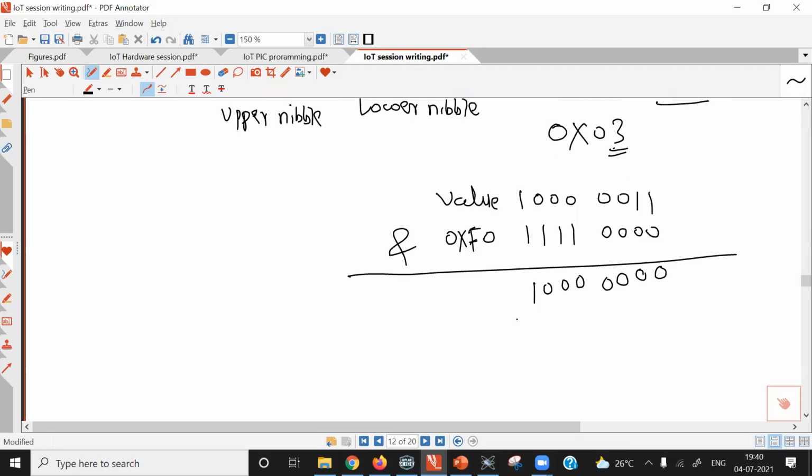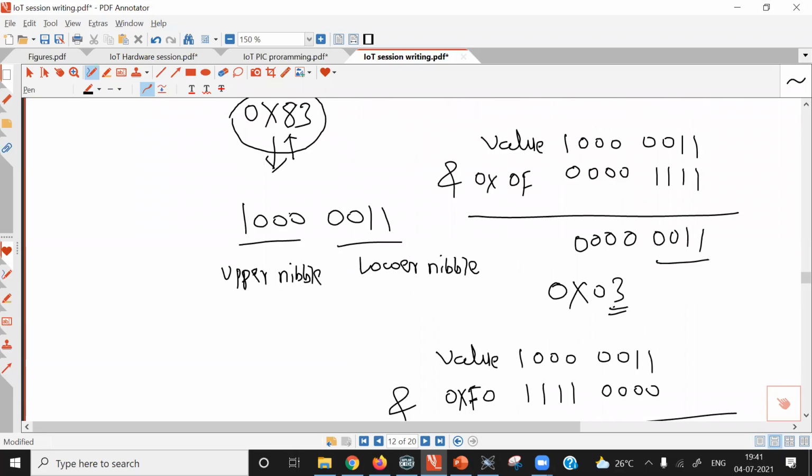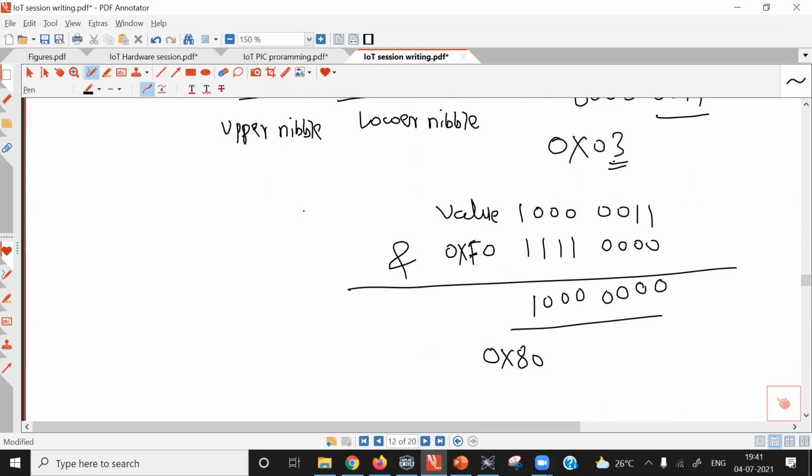If you convert this binary result into hexadecimal form, it becomes 0x80. 1000 is 8 and the last four zeros are 0. So what we have done here is we have separated out digit 8 from the 0x83 data.